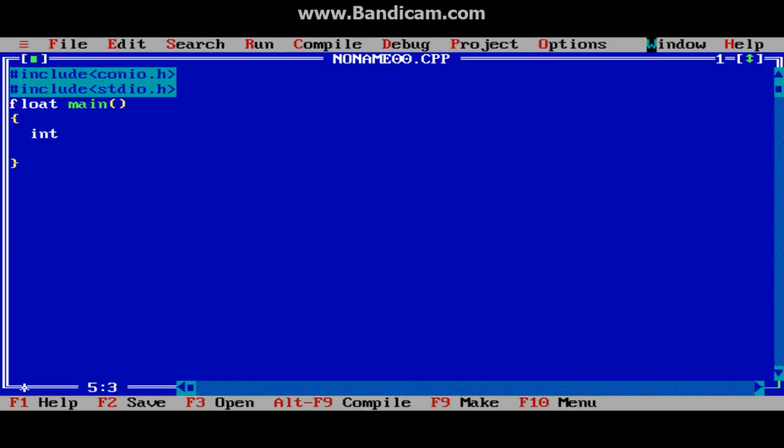So suppose I have to create an integer type variable, then I declare an int variable, and always after declaring we terminate it with a semicolon.